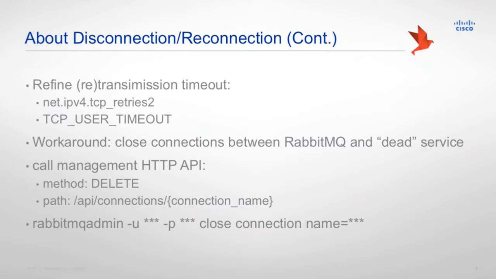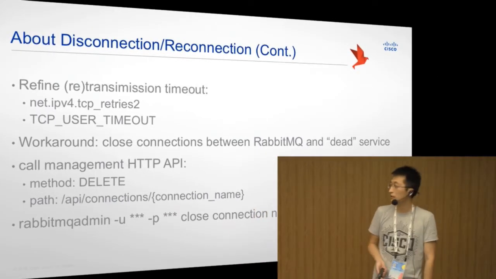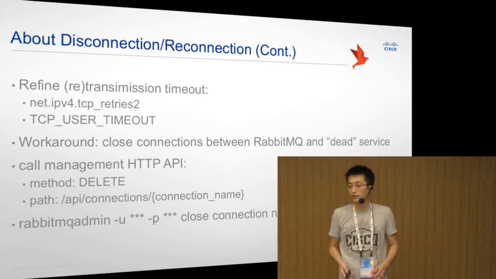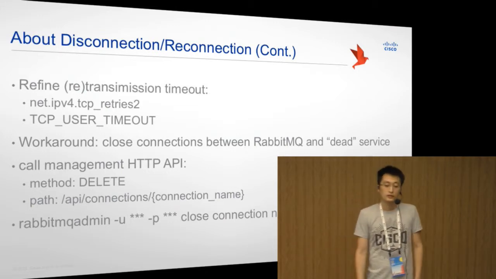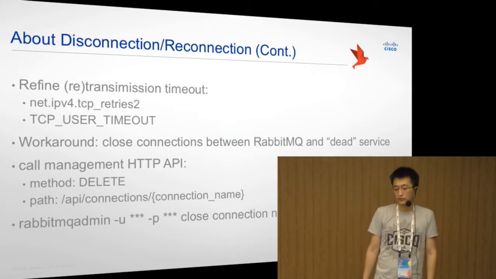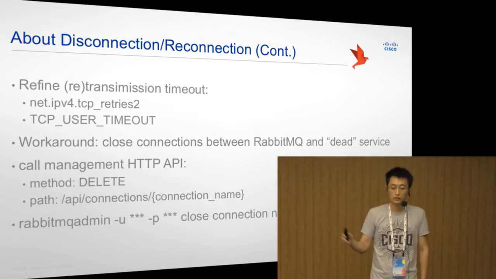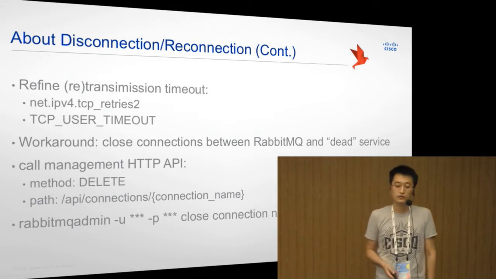a better result. Okay, but what if in production you get a call, saying we see the issue, OpenStack cannot talk to the RabbitMQ, and you identify that the connection is there, but actually it's a fake one. Both ends cannot detect the connection fails, but you don't want to restart OpenStack. So in order to minimize this impact, what we do is we just close the connection